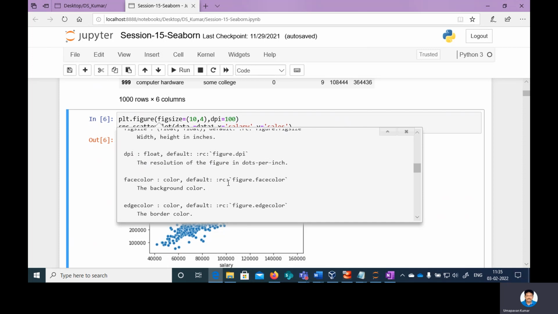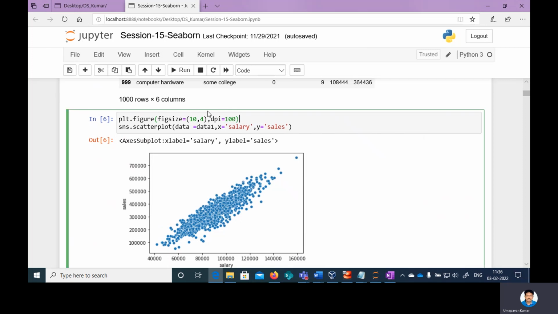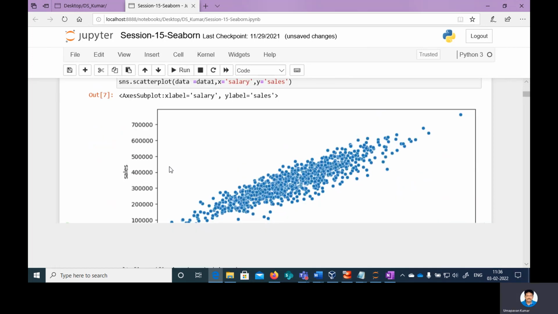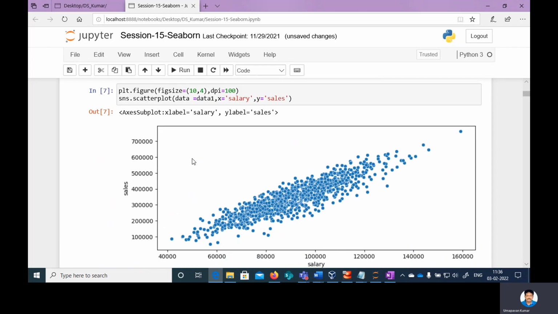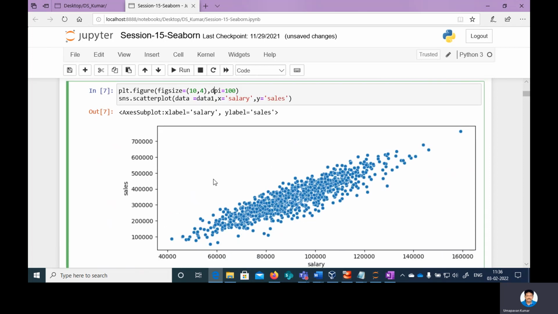If I want to display some information in a powerful, colorful manner, I can make use of this DPI. Now you see the difference, friends. See how it is elaborated. So you can make use of this convention rather than a small diagram. I can elaborate this with figure size and DPI. This is how you can specify the usage of